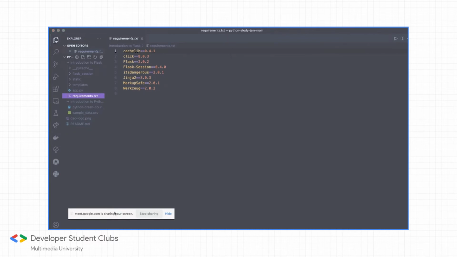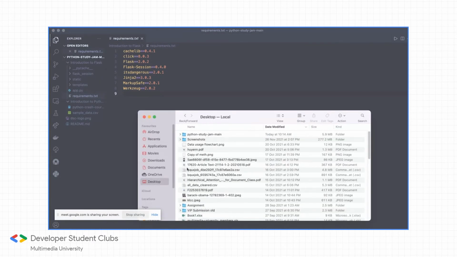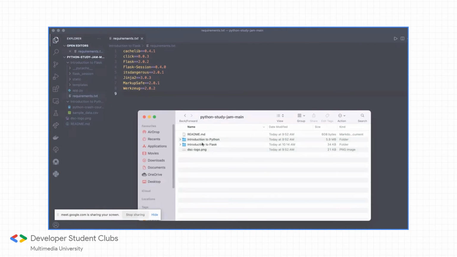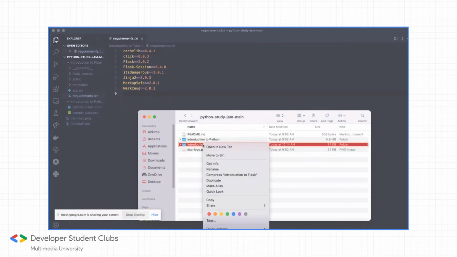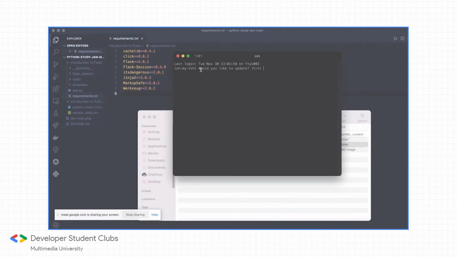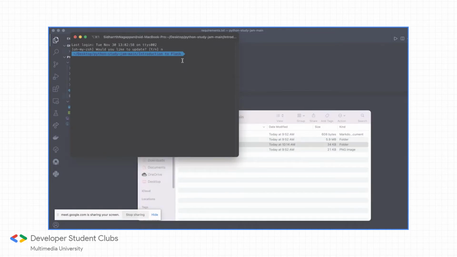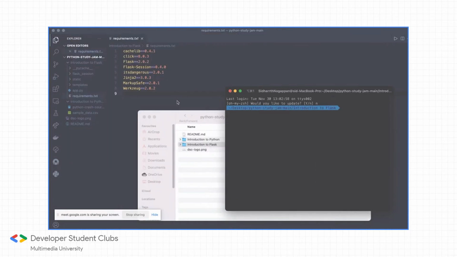So in order for you to use this, I want you to go to your terminal here. Open a terminal at this folder. Open a terminal at wherever you've saved it. For example, I've saved it here, right? Introduction to Flask. Open a terminal here. If you're using Windows, then you just need to type, I think on Windows you can just type CMD on the taskbar up here. Just type CMD, and then it will open up a terminal at this particular